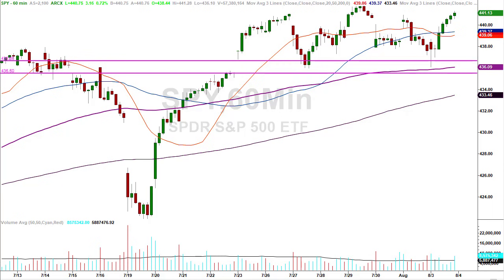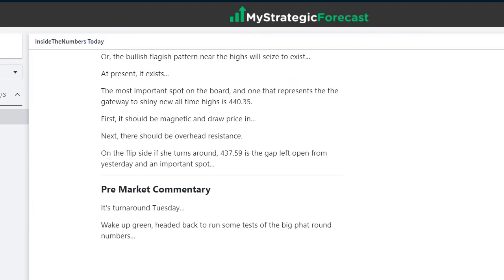And we're in the session that it reversed. Are they really just running a test of the breakdown candle high, or is the reversal from this morning and the bigger trend the dominant thing that's on the board? And basically, that's what was inside my head at the time. Dangerous place to be. Let's check out inside the numbers.